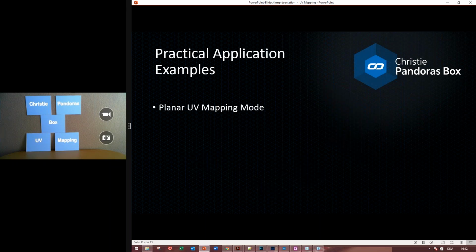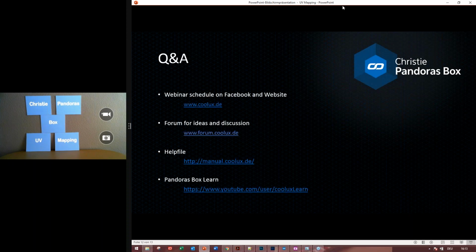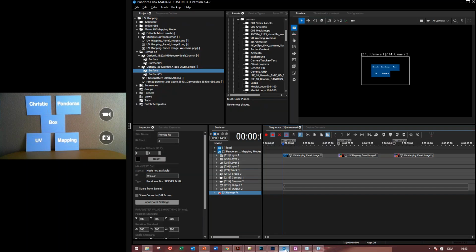For practical applications, we will have the planar UV mapping mode projecting on the panels today. We will also have the matrix patcher doing the remap effect in Pandora's Box and remapping a LED wall together. And now let's go to our Pandora's Box